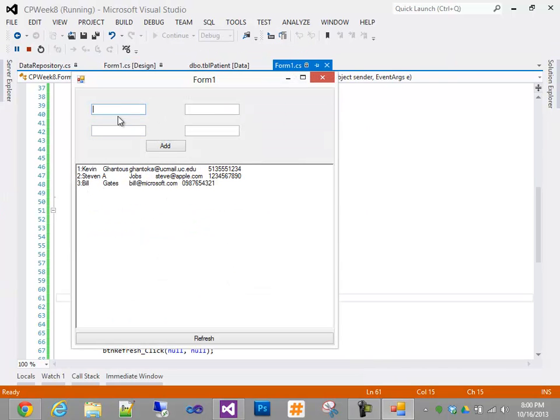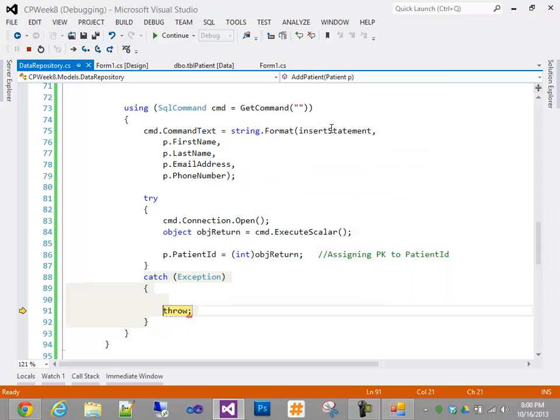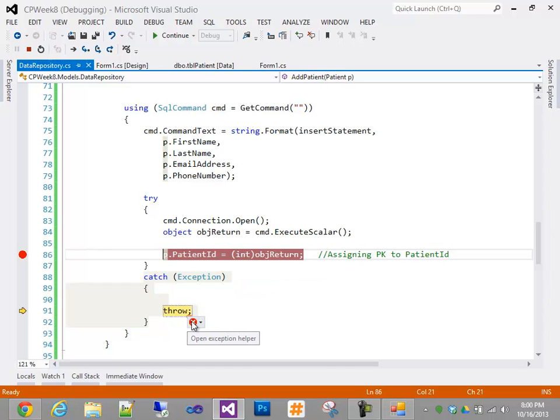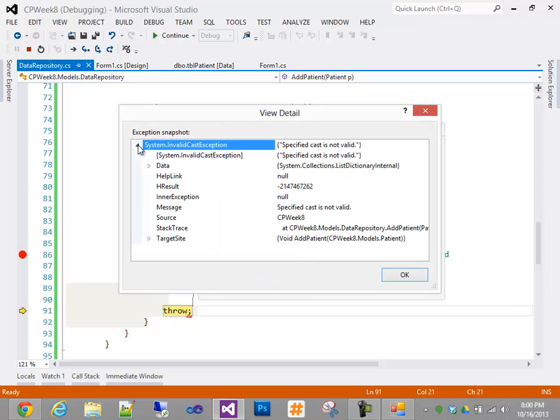We have 3. We click add. Oh, it's going to blow up. Boo! Invalid cast exception. My guess is the exception was there. So if you view details, stack trace, whoop,